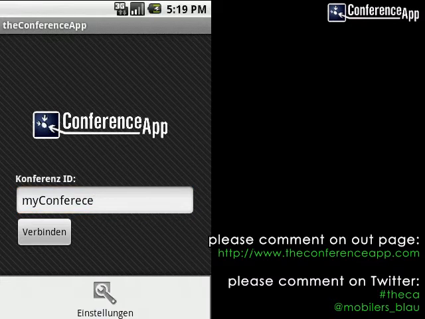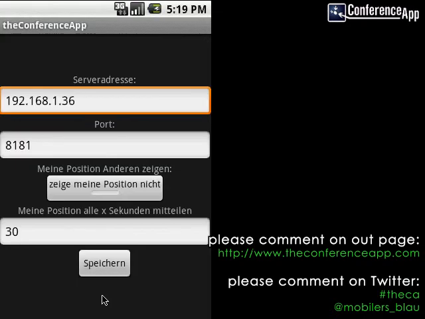If you press the menu button, you get a settings screen where you can enter server data or other information about your account. Which features are really available in the final version is a point to change at the moment. By now, you can enter your server IP or server domain, the server port, and the time which takes until